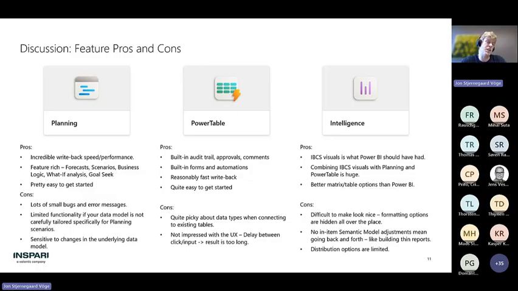I think the solution is very sensitive to you changing the underlying semantic model or SQL DBs as well. I mean, maybe that makes sense. But as I showed you in the power table, changing the data type from a text to a single select deletes the entire column. If I were to change the category name of sports to Sports in a dim table that I'm using for my planning sheet, all values in the planning sheet will disappear for that category. It's just sensitive to changes like that. And I'm not surprised that's the case.